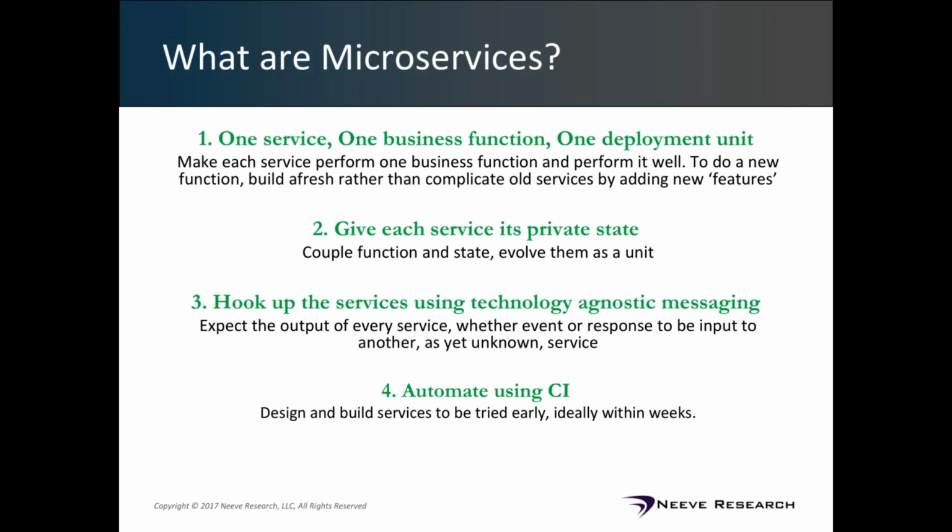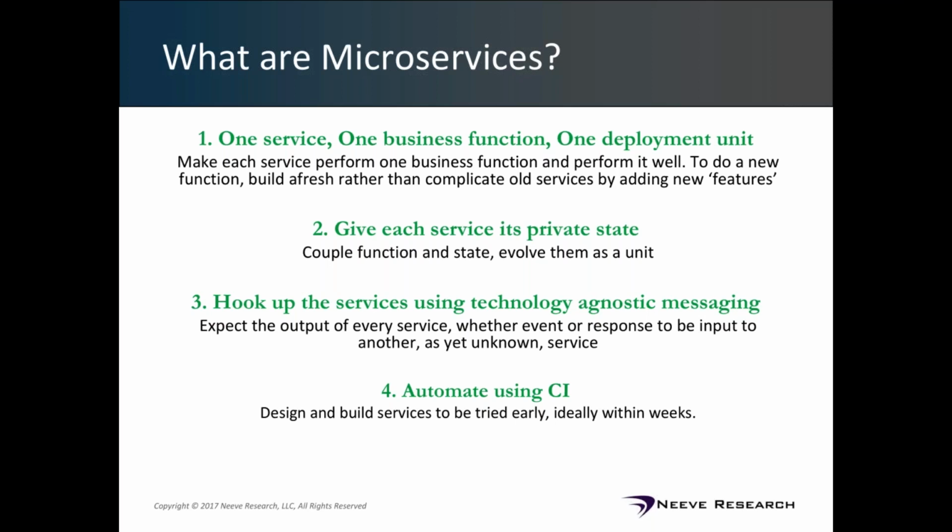In order to further the cause of each of these functions, and given the fact that in enterprise software these functions are stateful in nature, each function or each service should have private state. It is this assignment of private state to services that truly makes these services independent and realizes the promise of this Unix principle or the microservices architectural principle in general. So between having one service, one deployable unit, one function, having its own private state, you effectively have an independent unit that you work with.